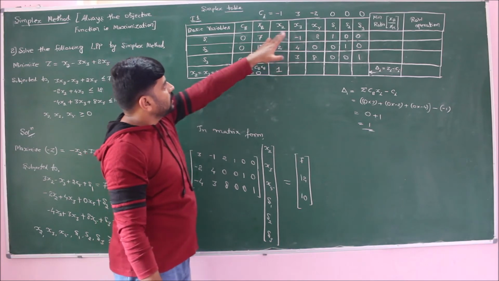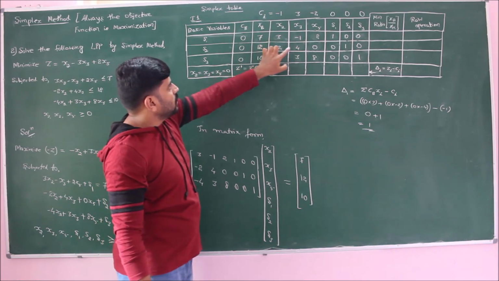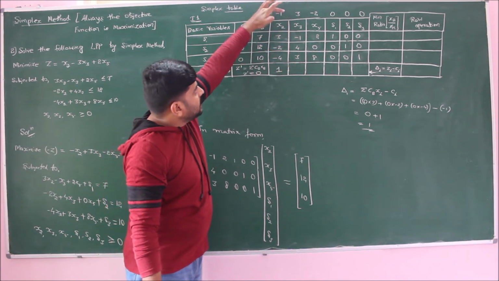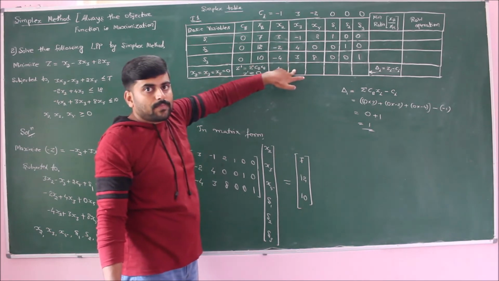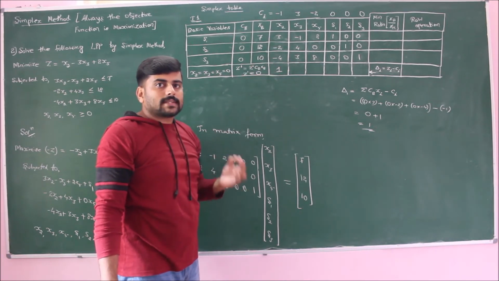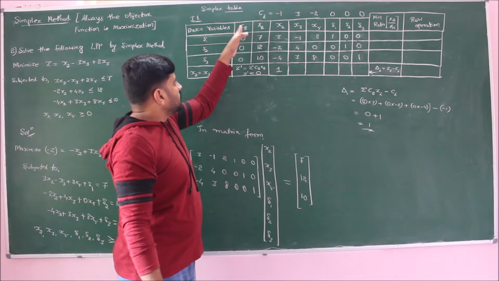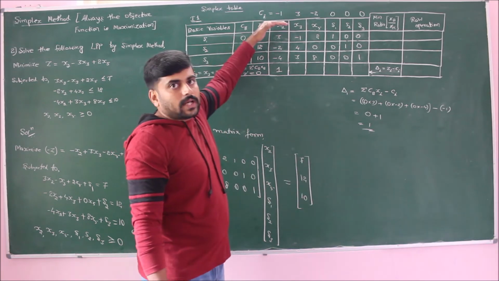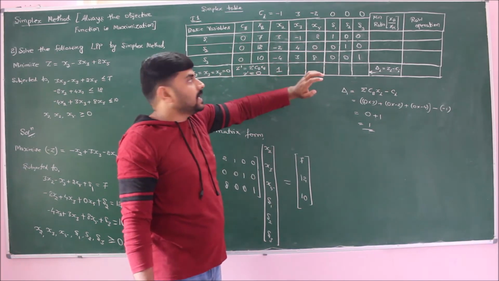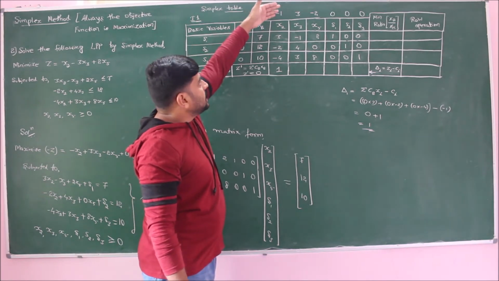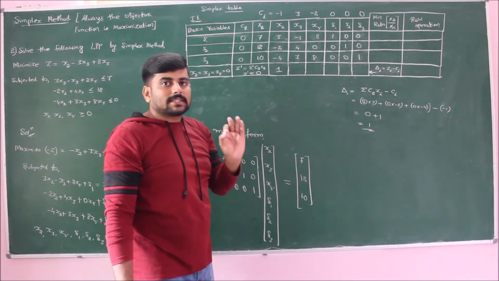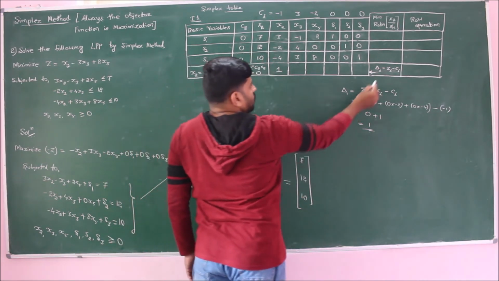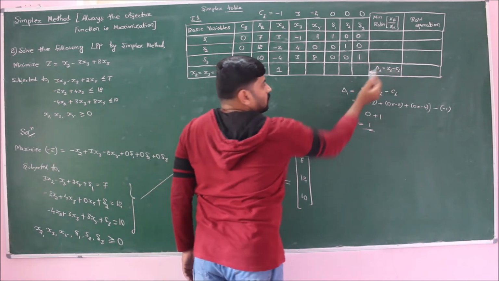Similarly, if I do it for the x3 column, 0 into minus 1 plus 0 into 4 plus 0 into 3 will give us 0. Minus Ci is 3, so therefore I will get minus 3. As I explained in our previous lecture, always for the simplex method, in the first iteration Cb will be 0. Hence Zi will be 0. So therefore directly you can write delta is equal to minus Ci. So if we know the value of Ci, change its sign and enter it, for the simplex method only. Since Cb is 0, Zi is always 0, so delta is equal to minus Ci.